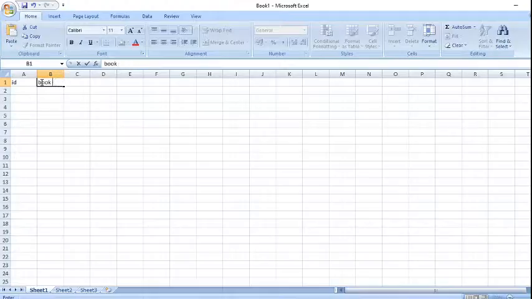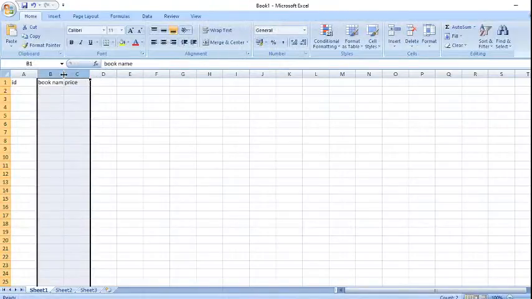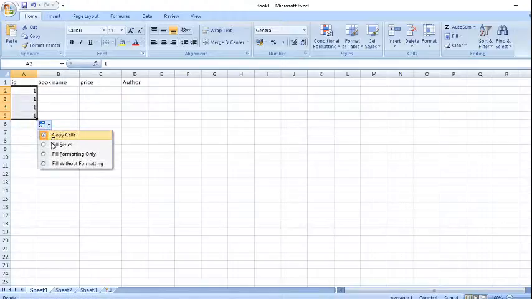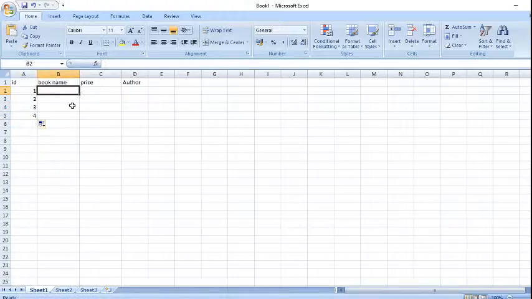From Excel we will get that data, right? Book name, price, and author. Now this is ID, we are putting randomly 102, whatever you wish, you can put any ID. For the time being I am putting a fill series. ID should not be the same. Book name, like anything we are putting, price 200, author, Hindi book name, author name Sumit, then